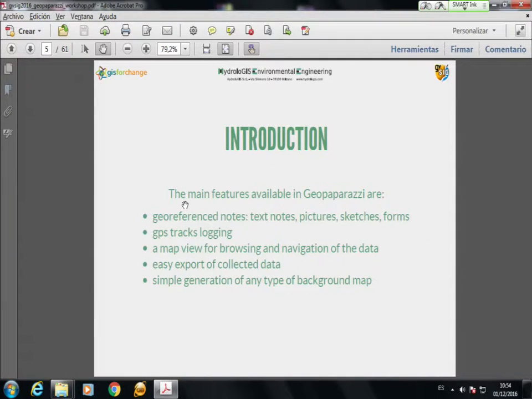And in particular, the main features available in Geopaparazzi are georeferencing notes, text notes, pictures, sketches, and forms, GPS tracking. Then there is a map view, and the possibility to browse and navigate the map. There are many export possibilities, and it is also possible to